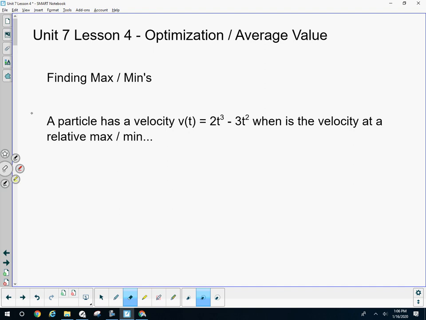So, start with finding max and min values of position, velocity, acceleration. Let's remind ourselves, how do we find max and mins of just F? But let's recall unit 3. If I asked you, here's F, tell me when F has relative extrema, yes, we would look at the derivative, because the derivative tells us if something is going up or down, and we're going to do a sign analysis